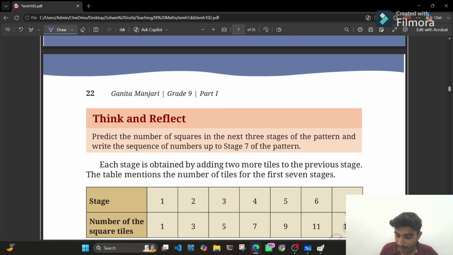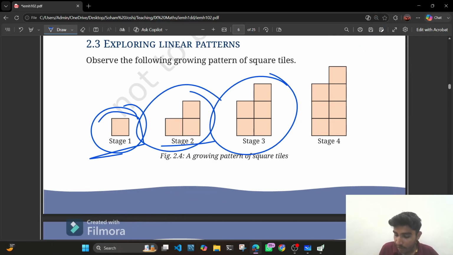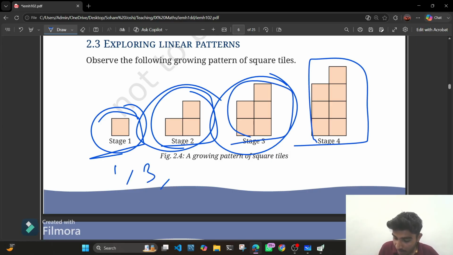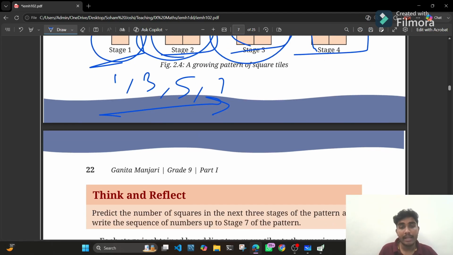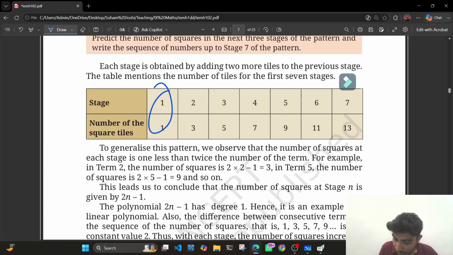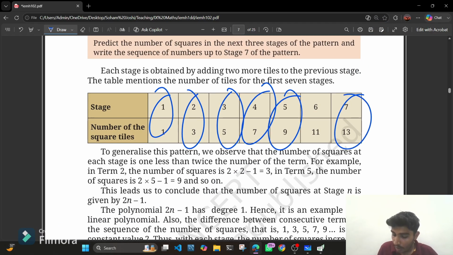यहाँ कुछ नहीं है, बस तुमको स्टेजेस दिया गया है, हाउ लीनियरली दे इंक्रीज कर रहा है। पहले स्टेज 1 में एक टाइल था, फिर स्टेज 2 में 3 टाइल्स हुआ, फिर स्टेज 3 में 5 टाइल्स आया, देन स्टेज 4 में 7 टाइल्स आया। यू कैन सी 1 3 5 7। सो ये लीनियरली इंक्रीज कर रहा है, तो ये पैटर्न बनाते जा रहा है, राइट, क्योंकि द डिफरेंस इज ऑफ 2 ओनली। सो दैट्स इट। देखो 1 था, 3 था, 5 था, 7 था, 9 था, 11 था, 13 था। So as I increase the number of stages,